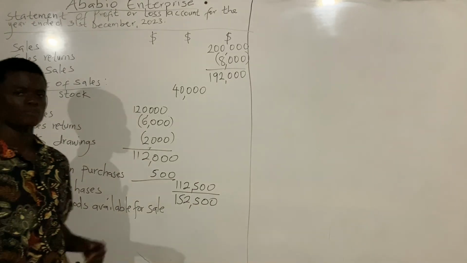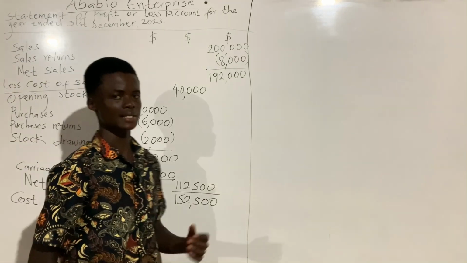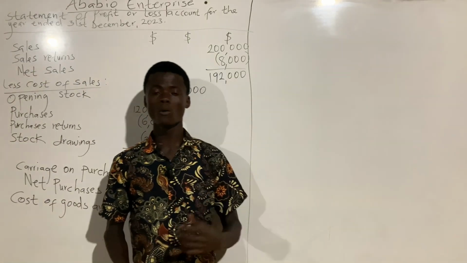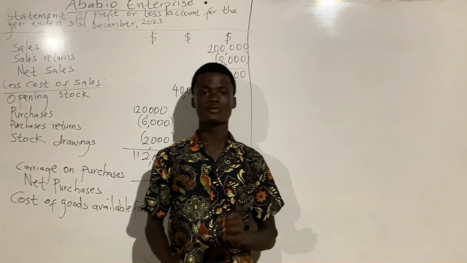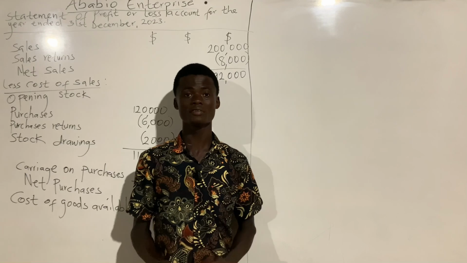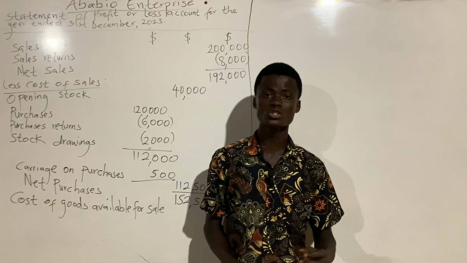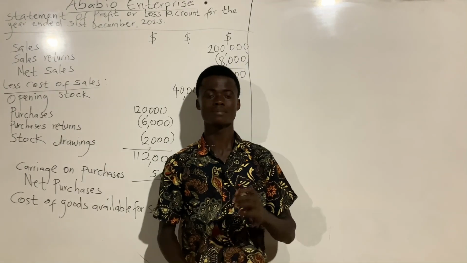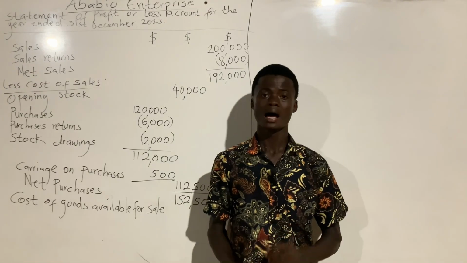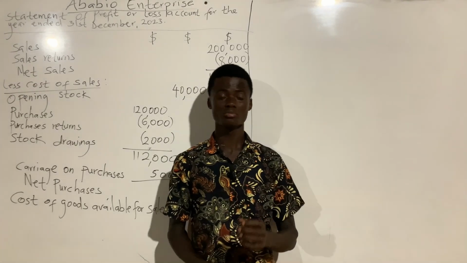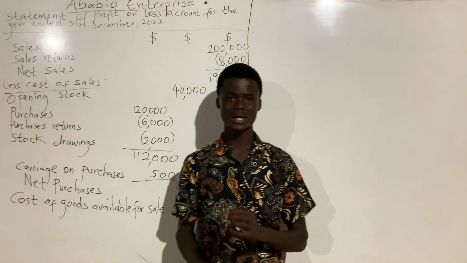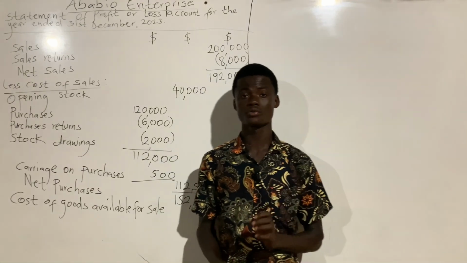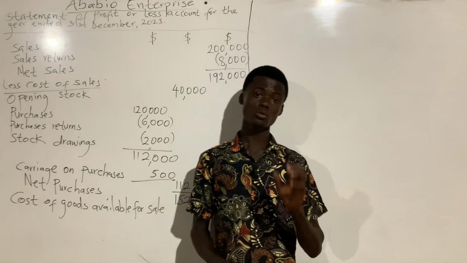Can you remember that always the closing stock is in the additional information whilst the opening stock is on the trial balance? Closing stock can only be on the trial balance when the gross profit is given. The reason why the closing stock is always in the additional information but not on the trial balance is that, as we said, items on the trial balance should be treated once, whilst items in the additional information should be treated twice. So when the closing stock is on the trial balance, it implies that that closing stock can only